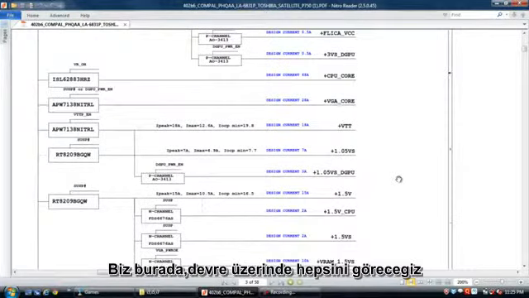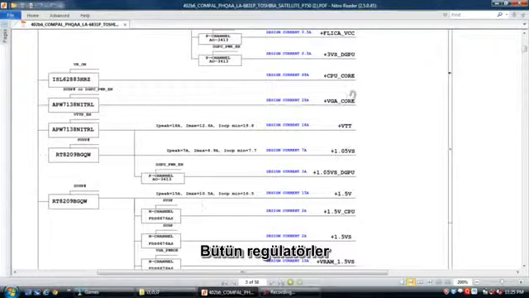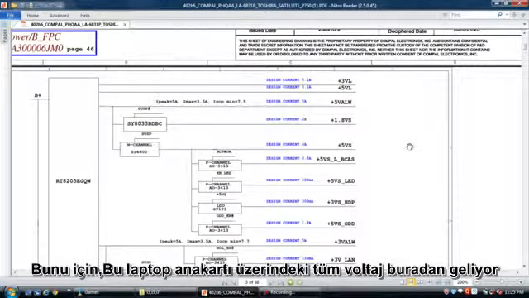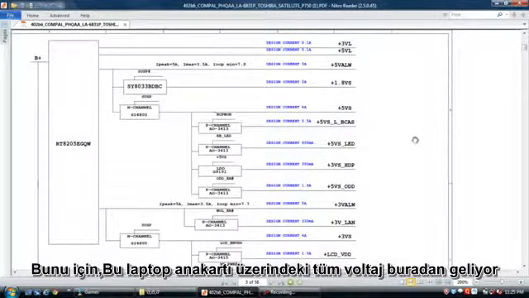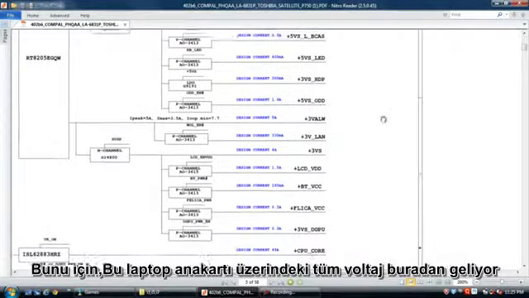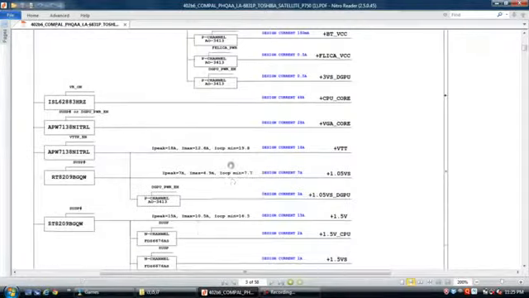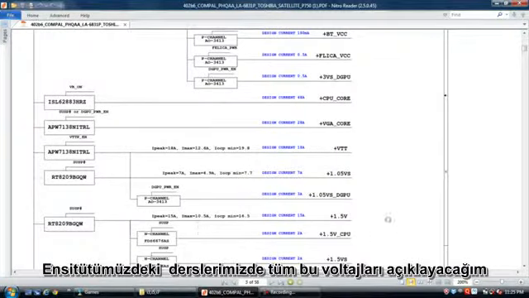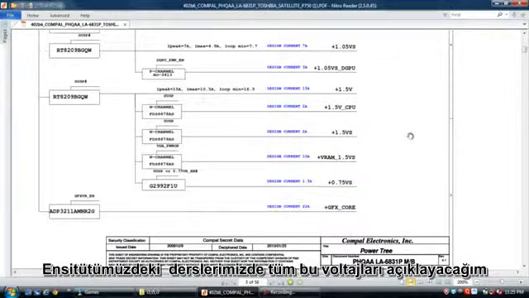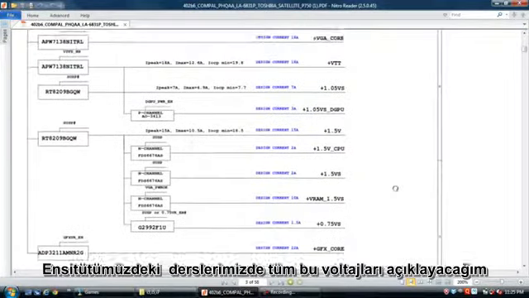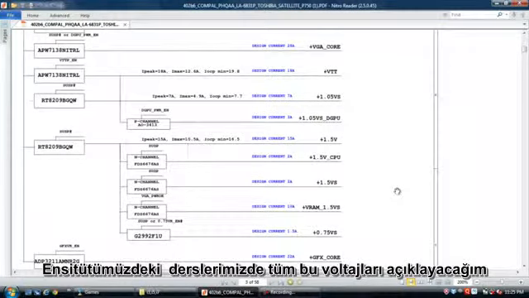We will see all circuits and regulators in this way. All the supplies in a laptop motherboard come out of this. I will explain all these voltages in my online classes and in my institute also.